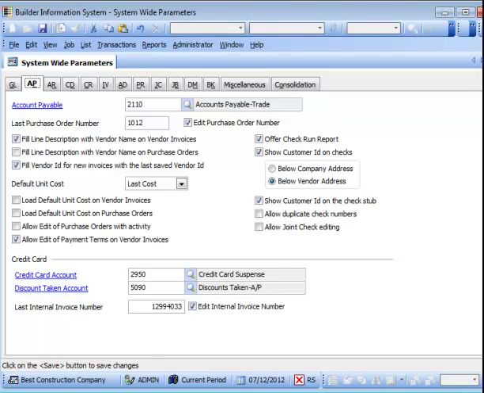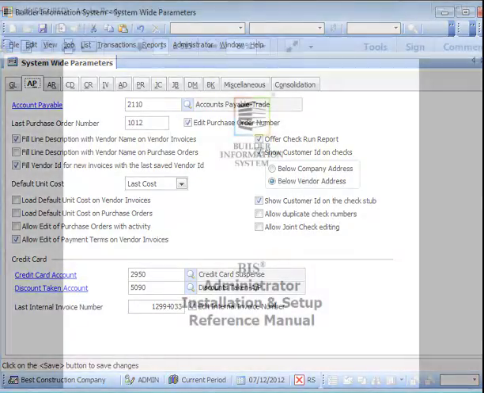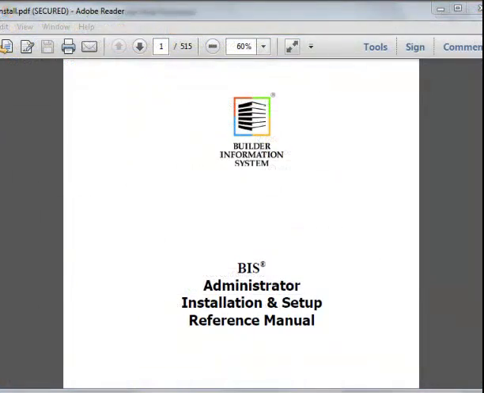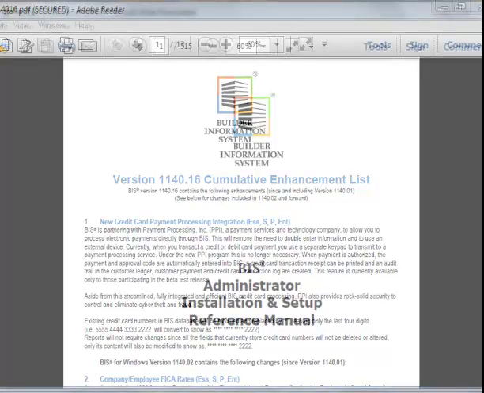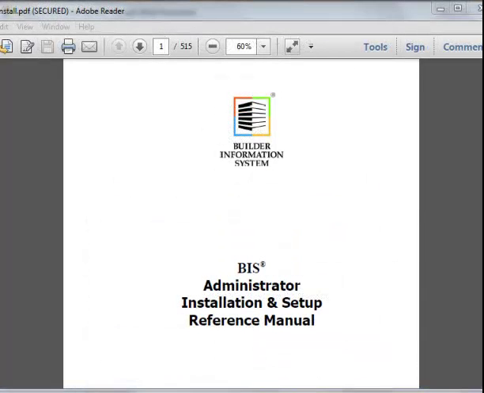Be aware that you may find some newer settings that currently do not have information in the help resource. In those cases, information may be found either in the corresponding PDF reference manual or in the cumulative enhanced list, which may be downloaded as a reference from the support area of our website at bissoftware.com. For in-depth information on system-wide parameters, refer to the BIS Administrator Installation and Setup Reference Manual, which is in PDF